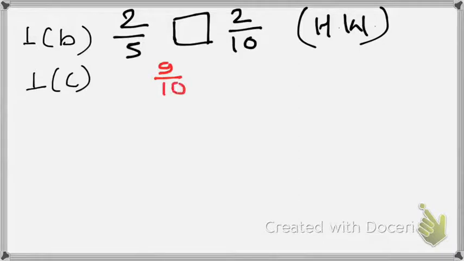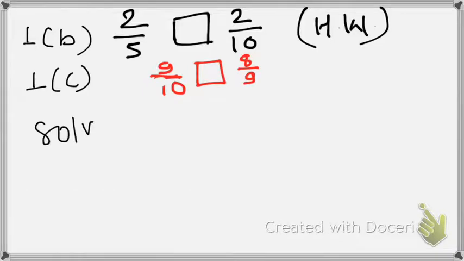Now I will solve this question, 9 upon 10 and 8 upon 9. As you know, both the denominators are different. Here denominator is 10 and here denominator is 9. So we have to find the LCM, the lowest common multiple. हमको ऐसा नंबर फाइंड करना है छोटा से छोटा लोवेस्ट जो दोनों के टेबल में आता है, जो 10 के टेबल में भी आता है और 9 के टेबल में भी आता है. और आप जानते हो ऐसा एक ही नंबर है, वो है 90 जो है 10 के टेबल में भी आता है और 9 के टेबल में भी आता है.